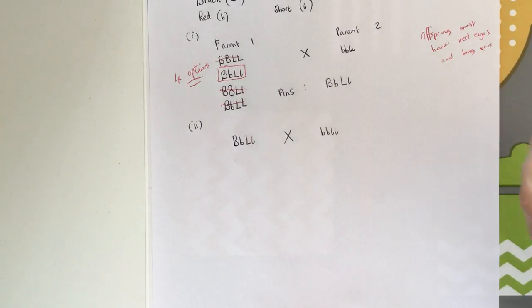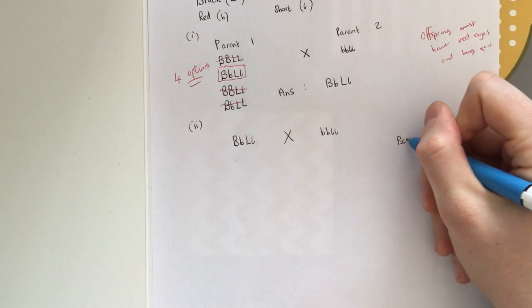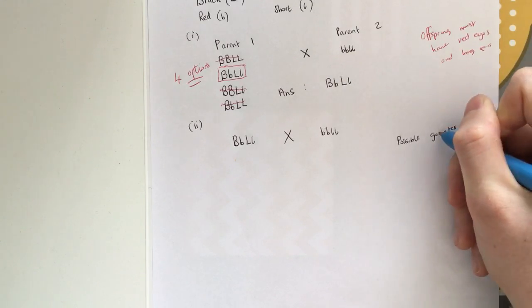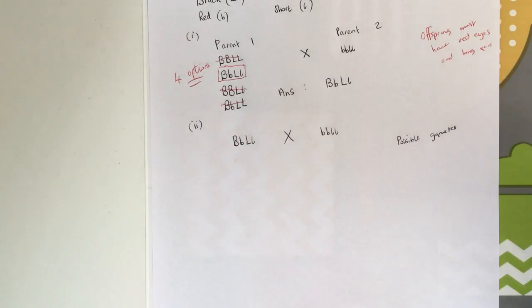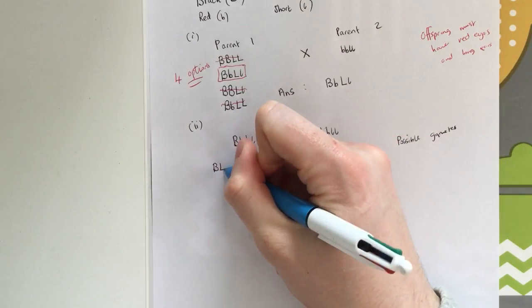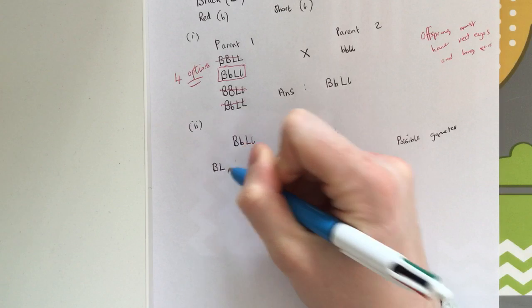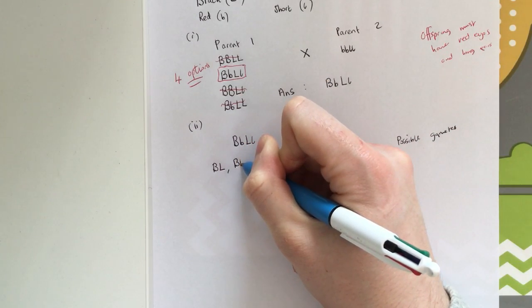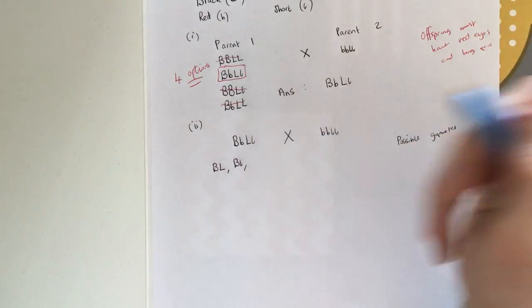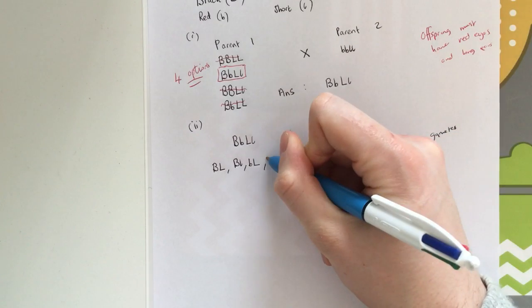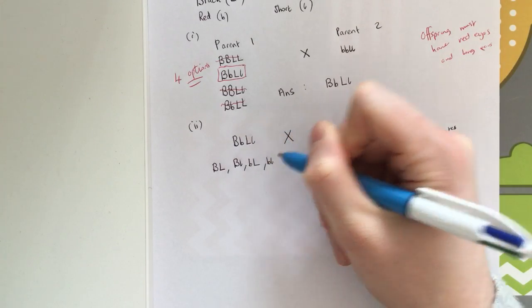Okay, this leads us on to what we just did previously, which is work out possible gametes. Okay, so what are the possible combinations here in the sperm cell and the egg cell that's going to be passed on? Big B could go with big L, so big B, big L. Big B could go with small l. So again, dramatize it, make it really small. We have small b could go with big L.